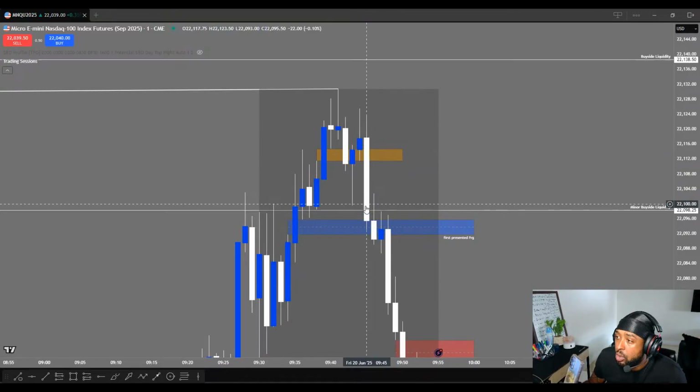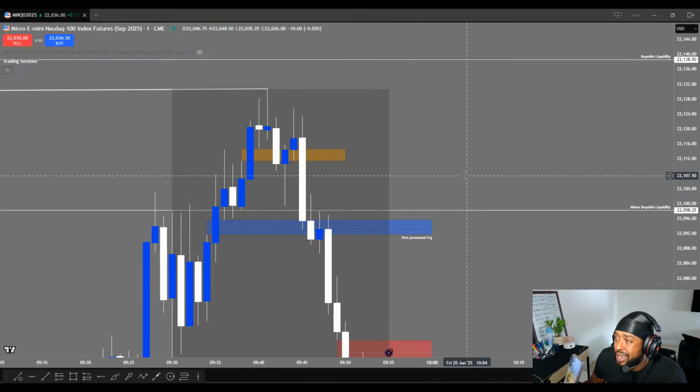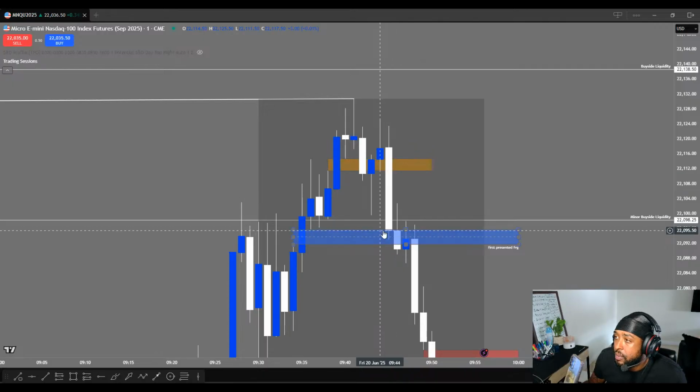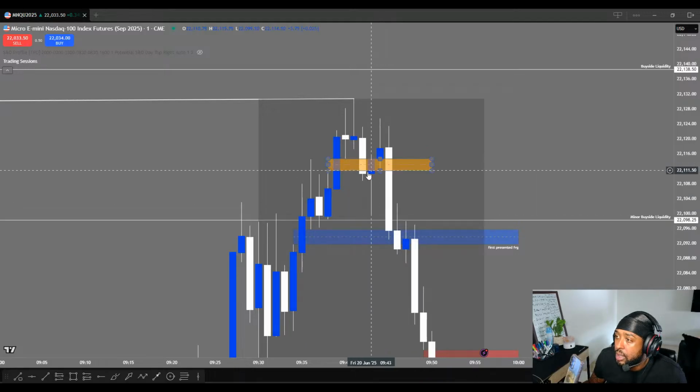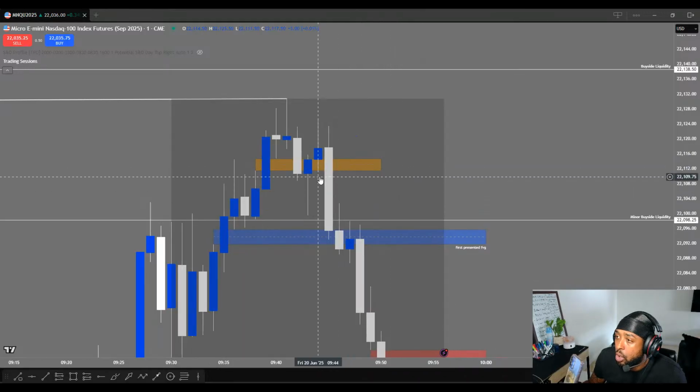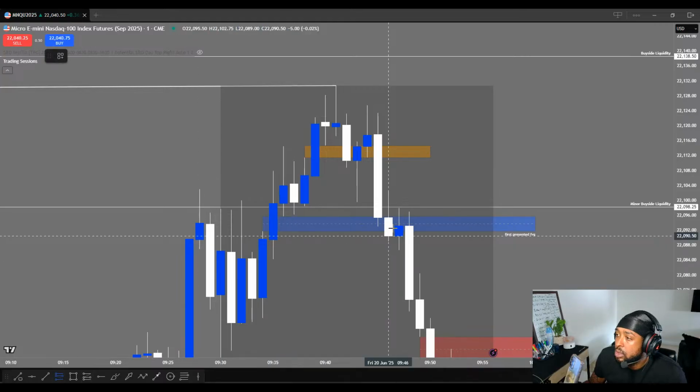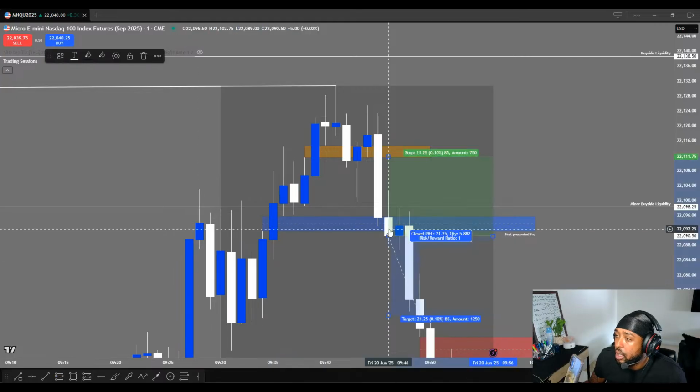So the fact that it closed below aggressively, see, it didn't really give us anything. We would have had to get in down here anyways, because we would have had to wait for it to create this change in the state. And this is a long wick, so this is a premium wick. So you actually had to wait till it closed below here, at least below the CE of the wick. All right, so we would have still ended up getting in down here.